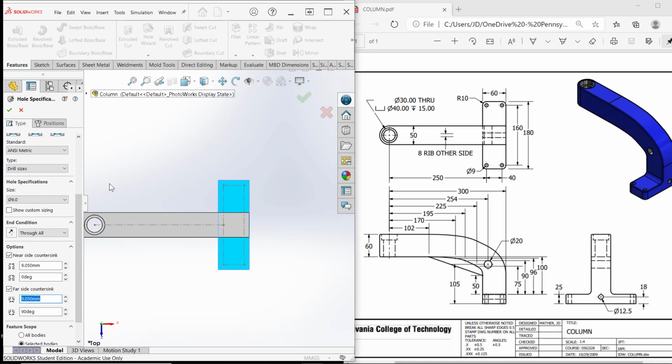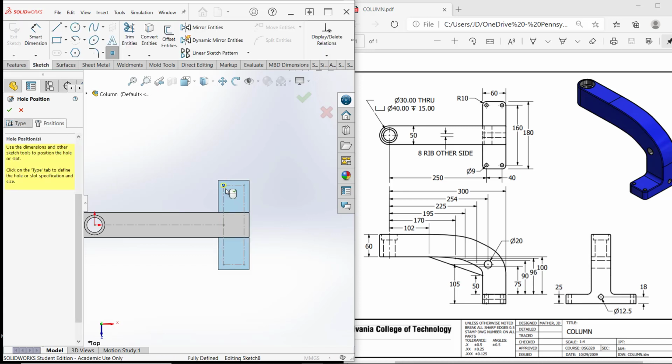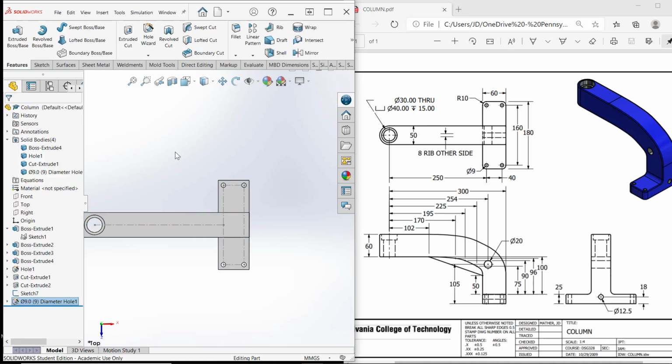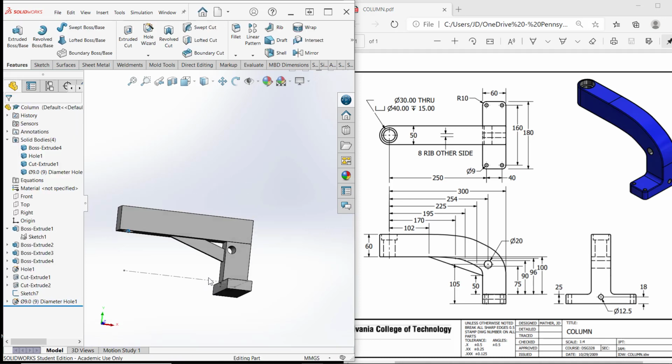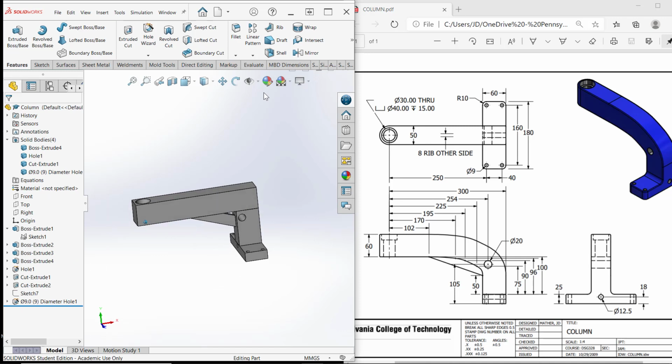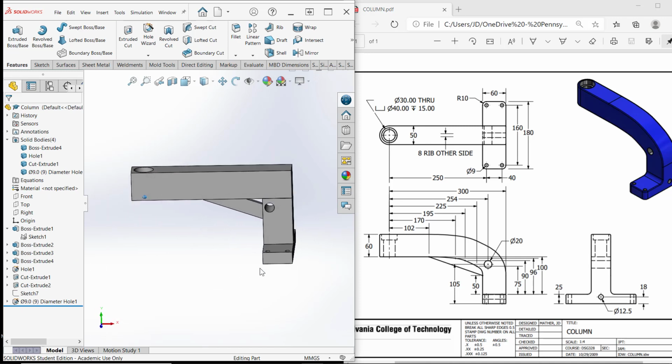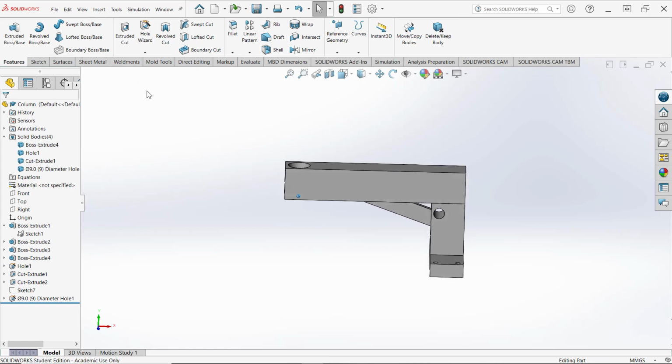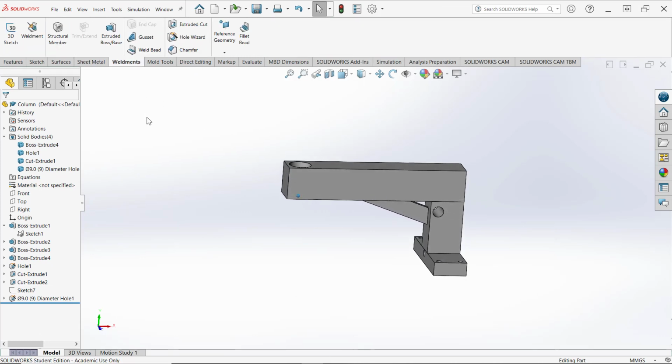And then I'm going to go to the positions, and I'll select this point, this point, this point, this point, and then I will come up here and say OK to that to put those 4 holes through the part. I'll hide that location sketch, and then to finish it up, put the weld beads on here. And so if I go to the weldment